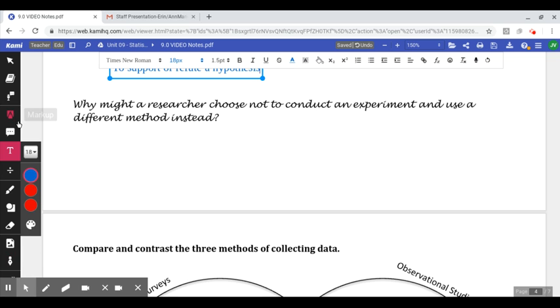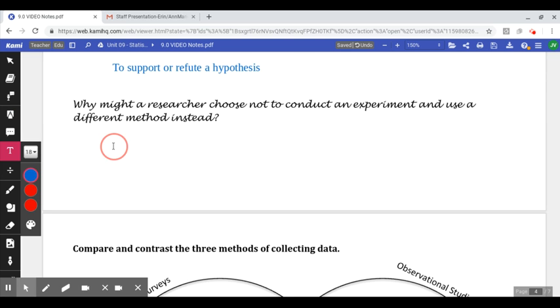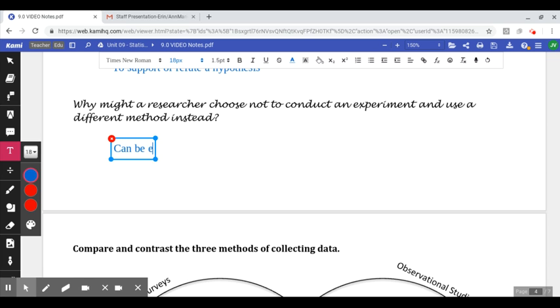Why would you not want to do that? Well, it's expensive, or they can be expensive. There's a lot that can go into these different things. There's ethical considerations to take into account. You have to get the people in each group all set up, and there's lots of different things that you can do. Also, there can be, we just said, some ethical concerns. Those can definitely be some issues with